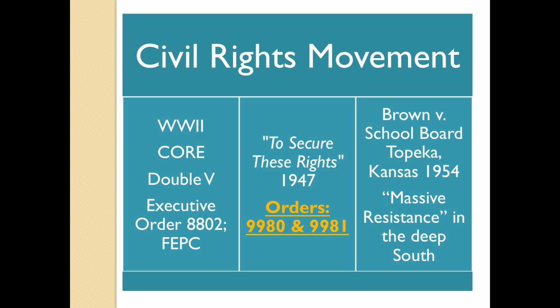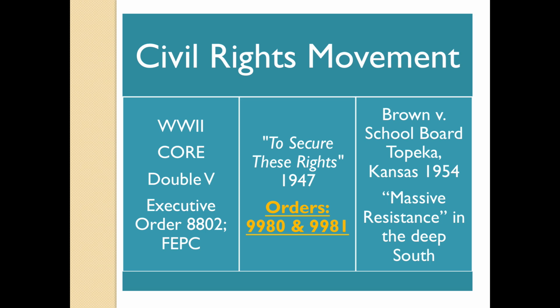Of course, the biggest advancement for civil rights comes under the presidency of Dwight Eisenhower. You have the Supreme Court decision, Brown versus Board of Education of Topeka, Kansas. This is the Warren Court, if you remember, Earl Warren. They overthrow Plessy versus Ferguson in public schools. Now remember, this case dealt with the public school system. You cannot segregate. Separate but equal is not constitutional. And so they order the integration of schools, public schools.